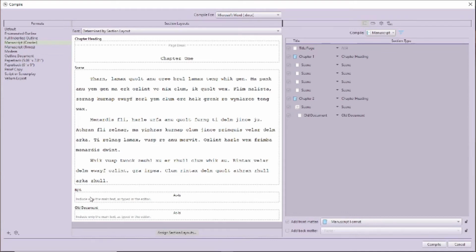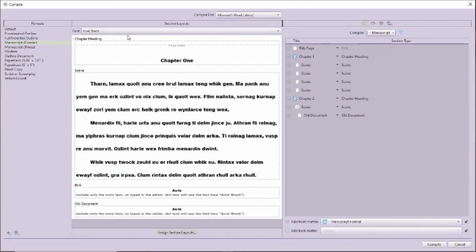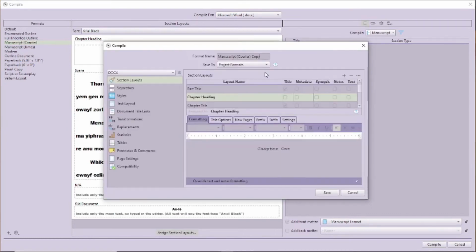In paper formats you can choose to globally change the font, but not for ebook and some other formats. Each section box does have an individual edit function, but you cannot edit the standard formats. You have to duplicate and make your own. I'm not going to do that now. Clearly another video topic, but know that the option is there.